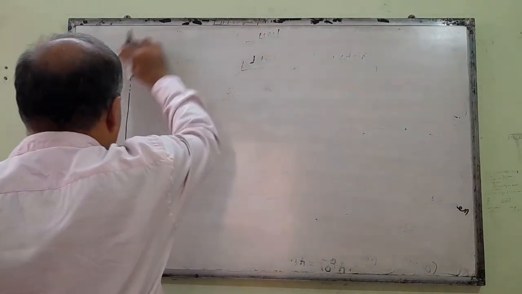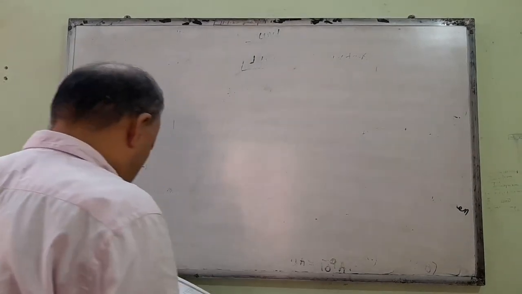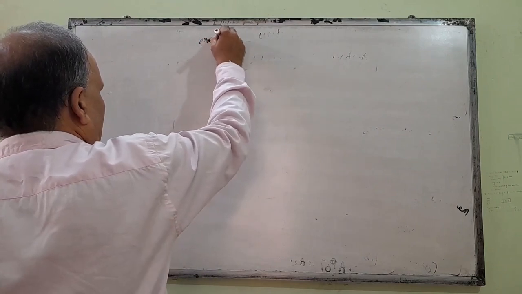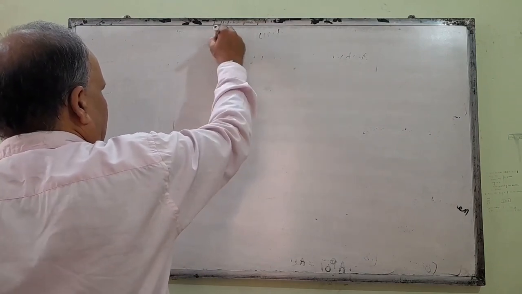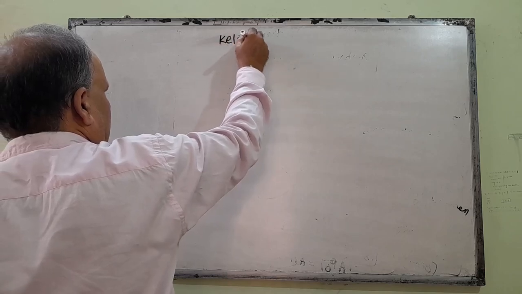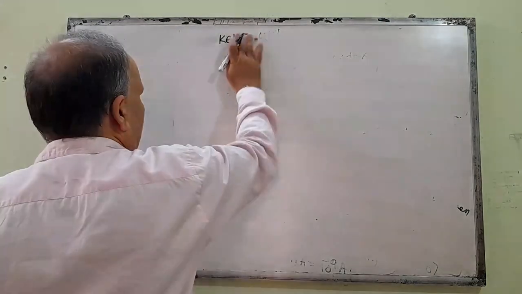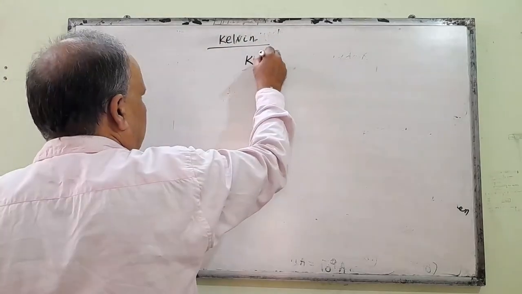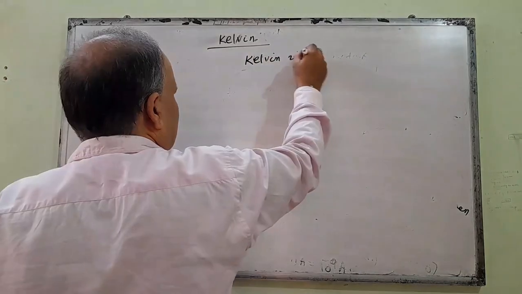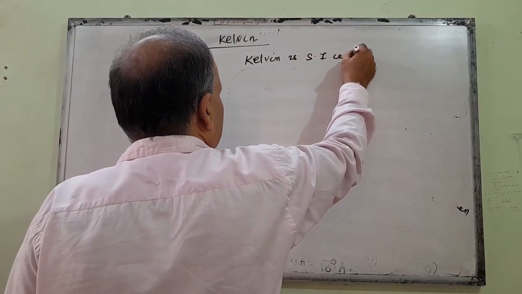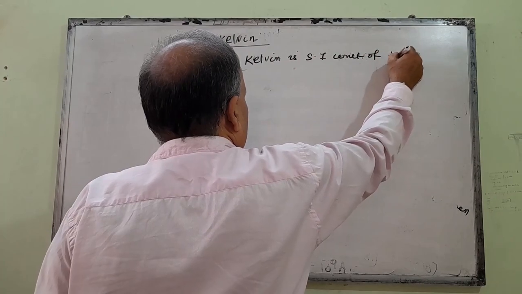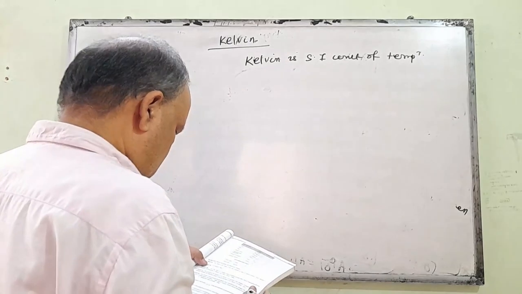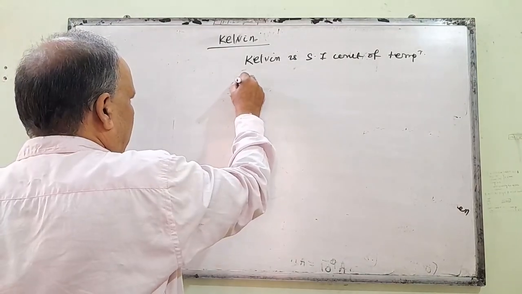Next come to 1 Kelvin. Kelvin is the SI unit of temperature. What is the definition of 1 Kelvin? 1 Kelvin